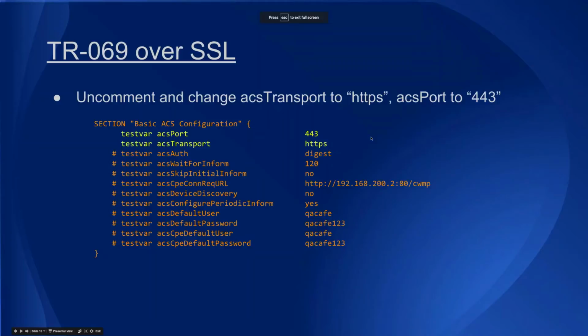If, however, you want to have your device make connections to the ACS over SSL using HTTPS, you can set this up quickly with a basic TR69 configuration by changing the following two test vars. Set the ACS transport to HTTPS, and then by default, most devices will use the default port of 443 for HTTPS connections. So by setting those two test vars to match your device's configuration settings,